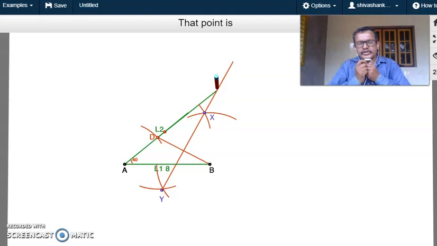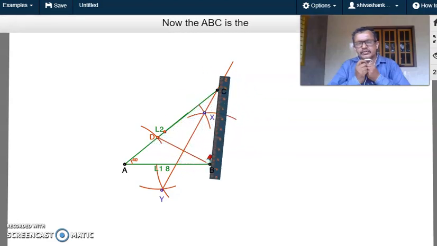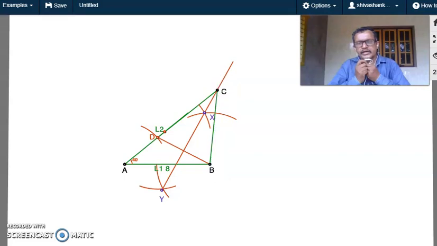Now join BC. Now BC and DC are equal, so AD is extra 4 centimeters. Therefore AC minus BC gives 4 centimeter. So we are constructing an isosceles triangle on BD. That is the principle behind this. Now the required triangle is ABC. So this is the construction of a triangle when the difference between two sides of a triangle is given. I think you can understand.